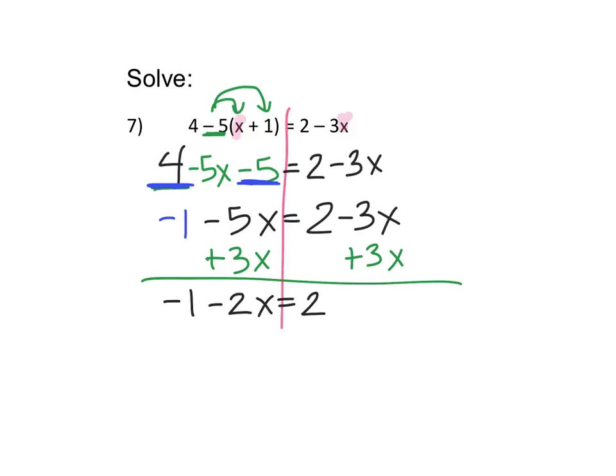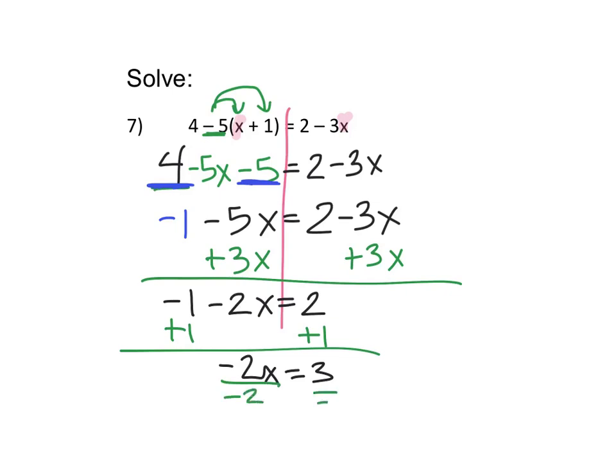Almost through. My 2x is almost isolated. I need to get rid of my negative 1, so I do that by adding 1 to both sides. This will leave me with a negative 2x equals 3. Our final step to separate the negative 2x is to divide. So both sides get divided by the negative 2, which leaves me with x equals 3 over negative 2 as